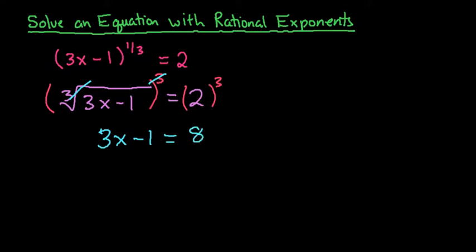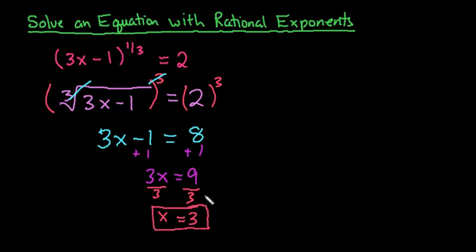So now we just solve the resulting equation. So we would add the 1 to both sides, and we end up with 3x equals 9. And we would need to get the x completely alone, so we would divide both sides by 3. So our solution to this is x equals 3,